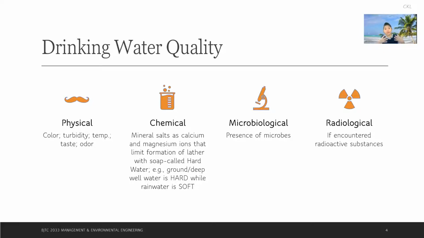Second, we have to look into the chemical. When we talk about the chemical, that means mineral salts such as calcium and magnesium that form a lather with the salt, and we call it hard water. For example, ground well water is actually hard water. Rainwater, on the other hand, is a type of soft water. When we drink mineral water that you buy in a bottle, it has been passed through some treatments,